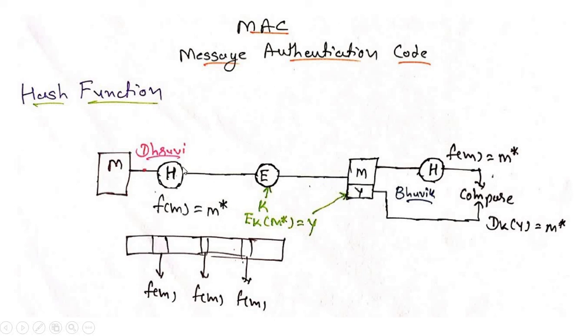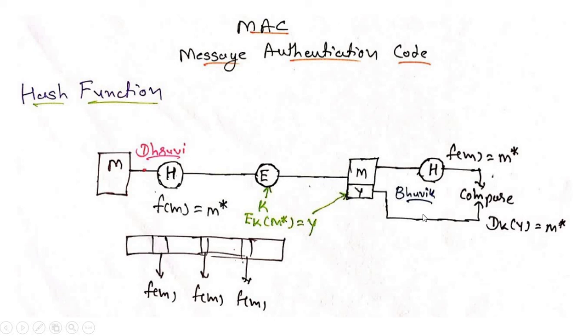First Dhruvi applies a hash function on a few bits of the message, and then Dhruvi does the encryption with the encryption key. If we look at the message traveling in the channel, there is the actual message plus one portion of encrypted message after the hash function. So first Dhruvi applied the hash function on some of the bits, and then encrypted it. Again there are two portions: the original message plus the hash function encrypted message.